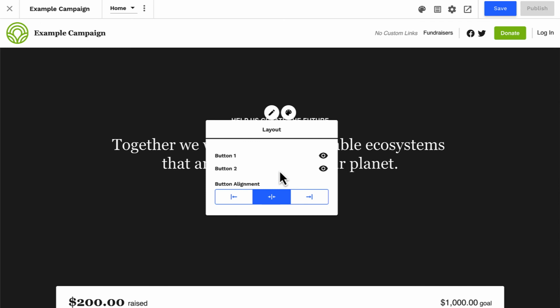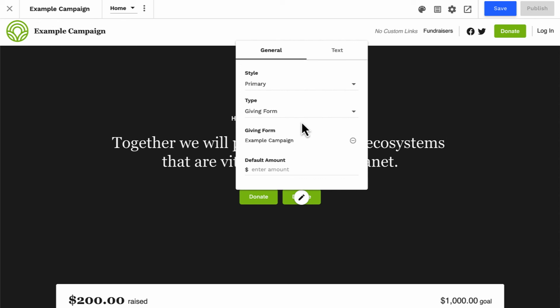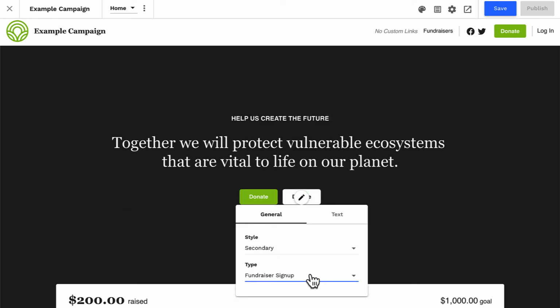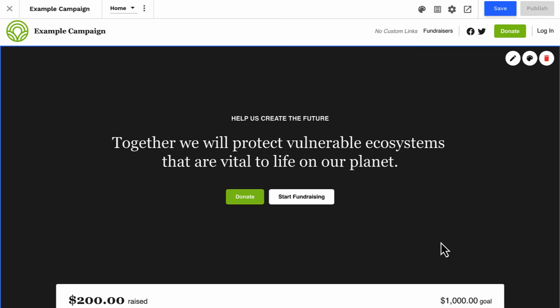It's good to know that you can additionally configure the button alignment from this tab as well. Okay, so now we have two buttons. If we click in to edit our second button, we can select the style and change it from primary to secondary, and edit the text for this button. Now we have a clearly unique secondary action. This is how you can use primary and secondary buttons from a theme variation.